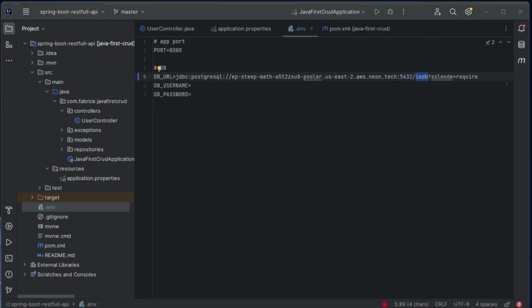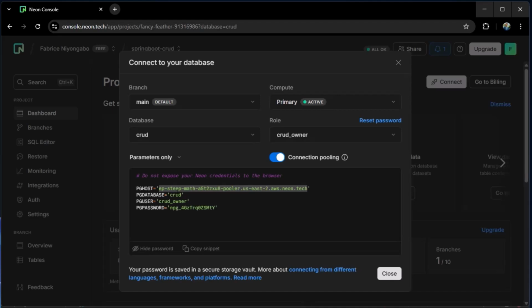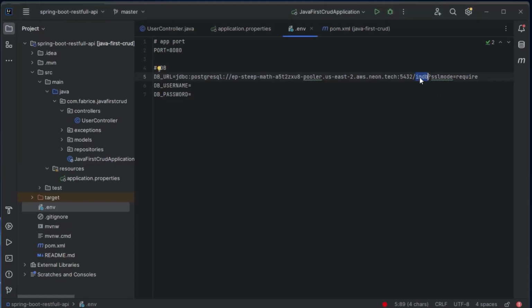Our database name here is Cloud, so I'll copy this one and go back to IntelliJ and just replace this and leave everything as it is. So this is the structure of our database URL: the host, the port, the database name. That is all you need to provide.